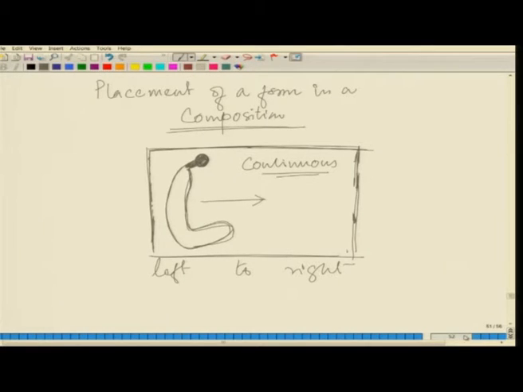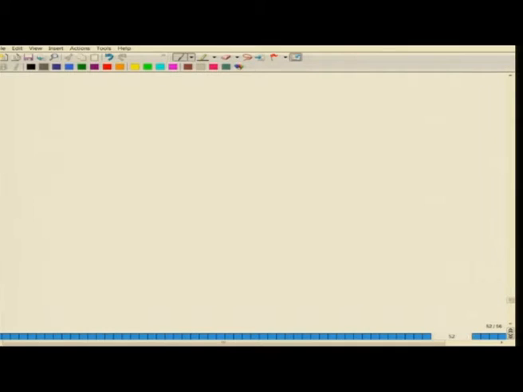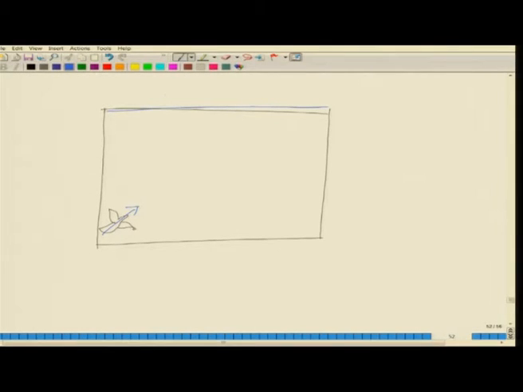I will give you another similar example to make it more clear. If we have a figure like a flying bird, and if we place it somewhere in the corner of a composition, it will look as if it is going in one direction, because it has an arrow like formation. It is pointed towards one side. So, any arrow like formation will give us a sense of movement, a movement in one direction,